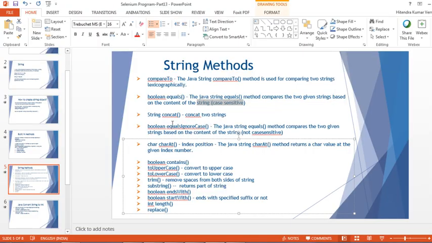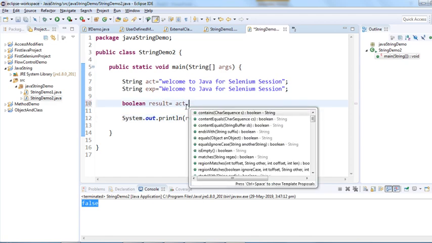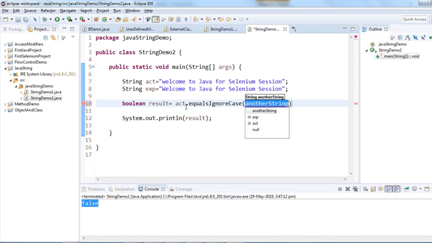And we have another method, equals ignore case. We'll talk about concatenate later after this. So let's see equals ignore case. The Java string equals method compares the two given strings based on the content of the string, and not case sensitive. This equals ignore case is not case sensitive. So I'll show you. Equals ignore case, this is a very important method we are going to use in